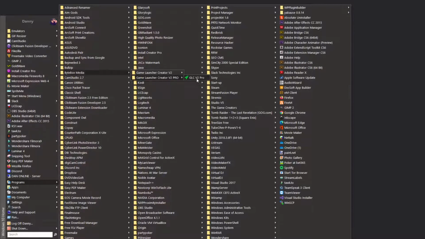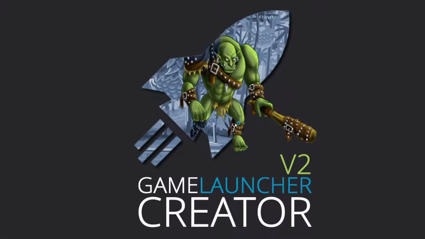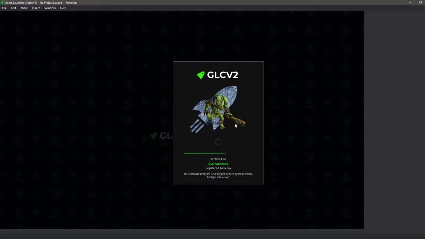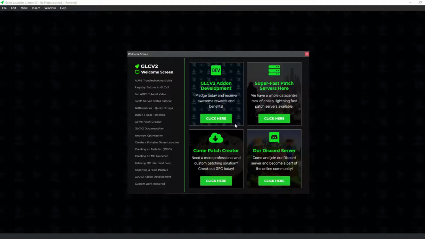So what you need to do is you need to download the installer from the GameLauncherCreator.com website. If you log into your account, you should be able to go to orders and then click on the order number, and inside there will be the link to the downloader for Game Launcher Creator V2 and also your license key as well. So you can download the installer, put in the license key, put in your name and install